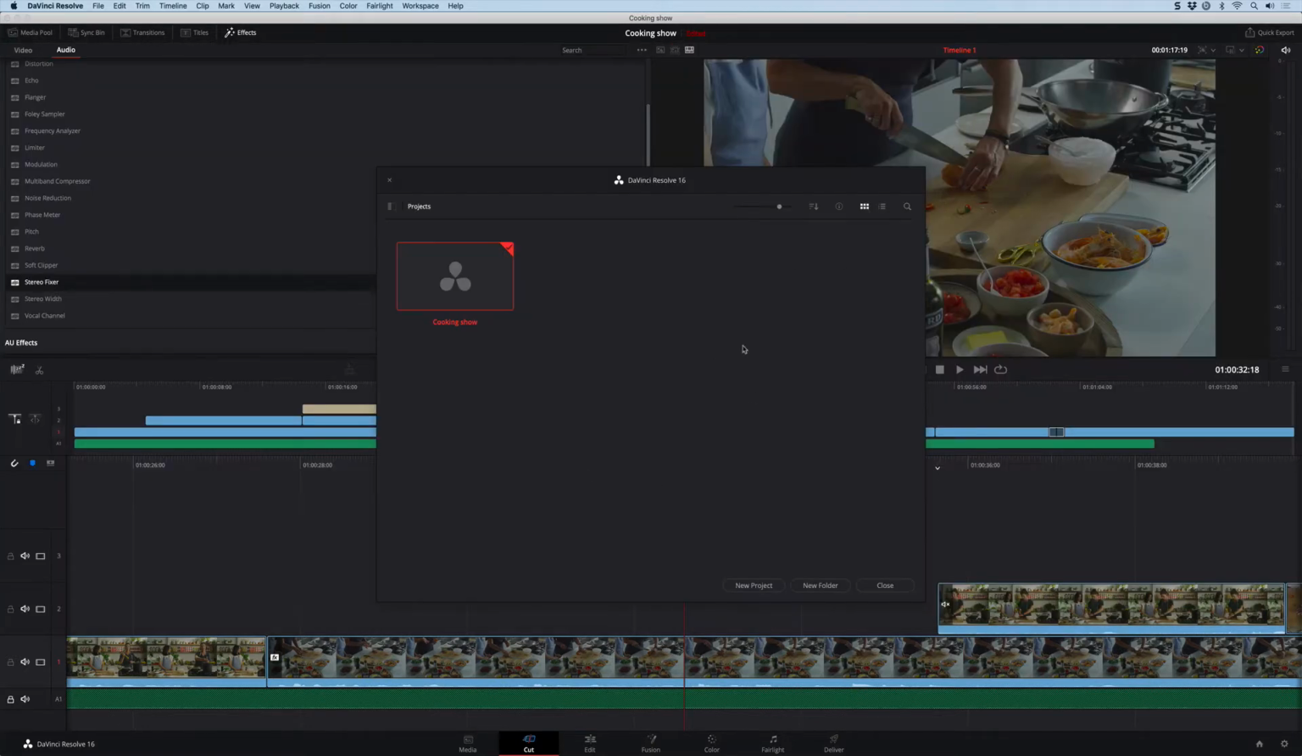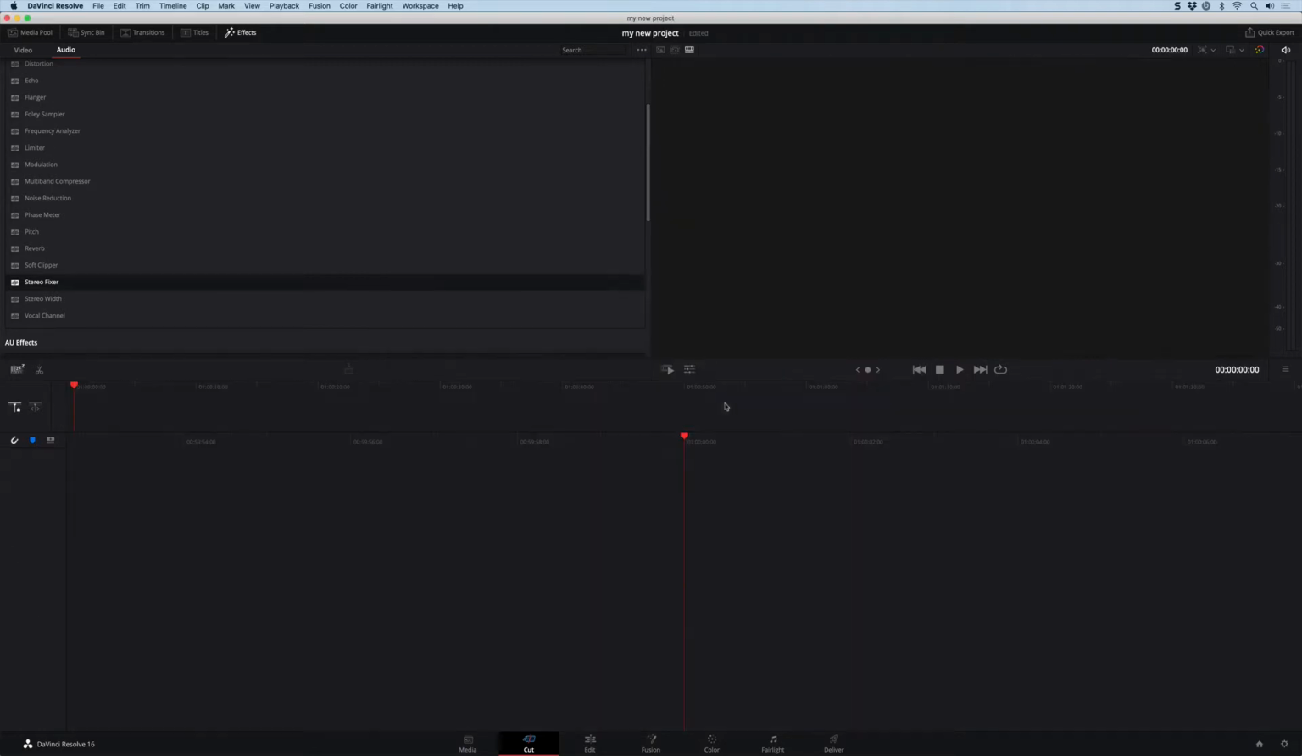But you start in an empty project manager with your cooking show. You come down and you choose to make a new project. You can save the cooking show if you want. And then you start to name this. You can name it whatever you like, my new project or something. And you create it. And you'll open up probably to the cut page if that's where you last left DaVinci